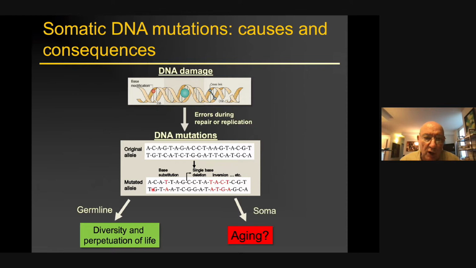And we, of course, know that mutations are actually essential. There are only two factors responsible for life as we know it. One is mutations. They have to generate the variation. And the second is natural selection. So they are really totally responsible for the diversity and also the continuation of life. So it would be really ironic if aging of somatic cells in multicellular organisms would actually also be caused by